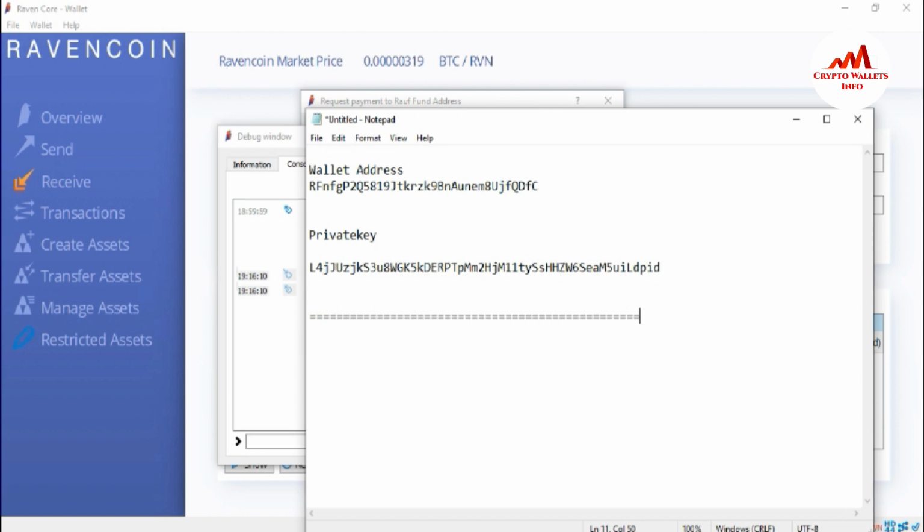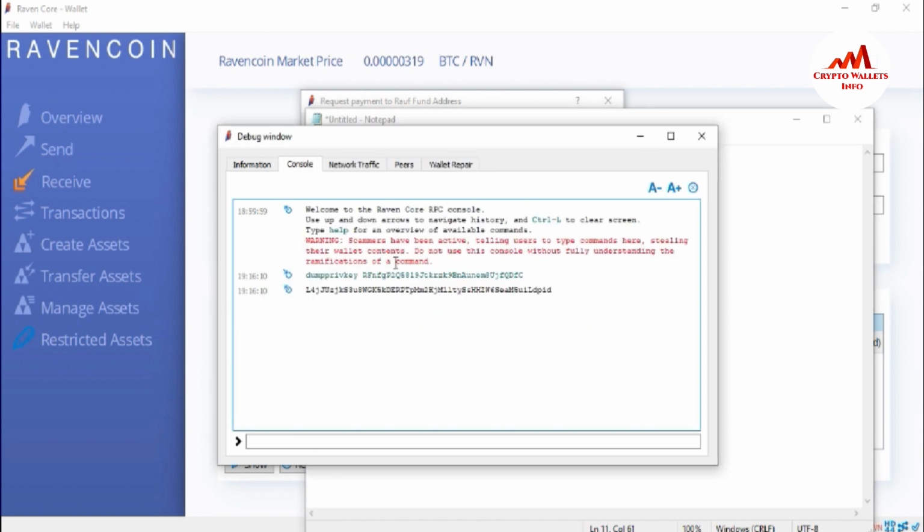After I stop this video, I will save this notepad file in my safe place and also save it on a USB drive, write it to a CD, and also keep it on an external drive, because sometimes my Windows can become corrupted. So that information will help me if I want to import my wallet. I hope you properly understand. And if you want to get more wallet address private keys, you can use the same scenario.